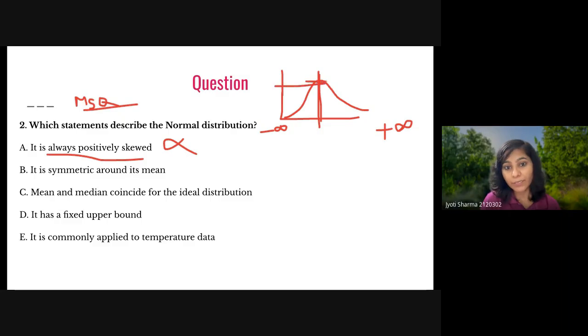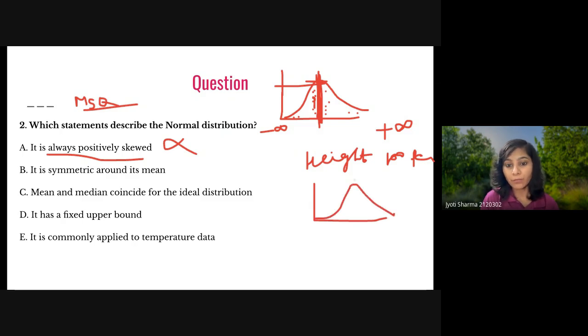The highest probability is for the mean and median, right? So this is our mean value here. A lot of values are near the mean, and that's why the probability is higher for the mean, right? But very few values are at the tail. So for example, take the height of a person. What we will get is that most of the people will have a height near, let's say, 5'3". So this is 5'3",